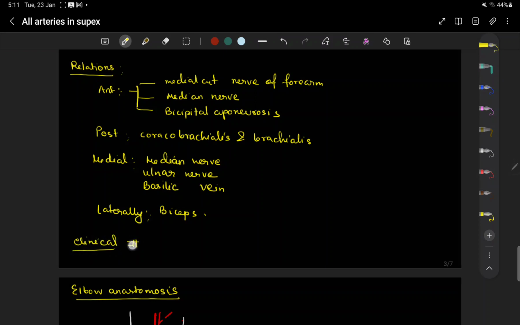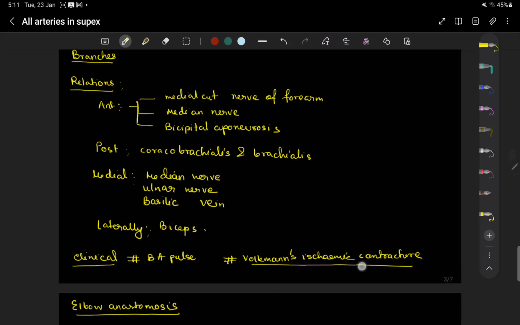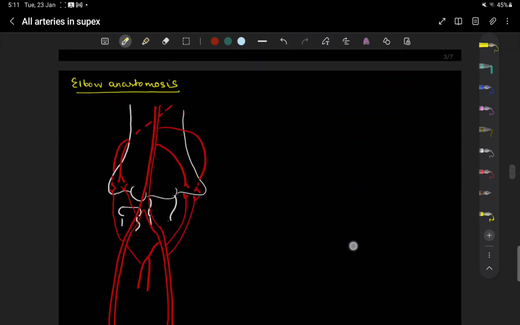clinical. We have one is the brachial arterial pulse. कि when, I'm pretty sure कि physiology का practical जब होगा, you will find that you are feeling the tendon, biceps tendon, and medial to it you will find the brachial arterial pulse. You can find it right now also. And second is Volkmann's ischemic contracture. इसमें there is supracondylar fracture और generally brachial artery का injury भी होता है, ठीक है. So remember these clinical points. Next, elbow anastomosis. Elbow anastomosis हम लोग कुछ portions में details में बात करेंगे कि कहाँ पे exactly किसका anastomosis